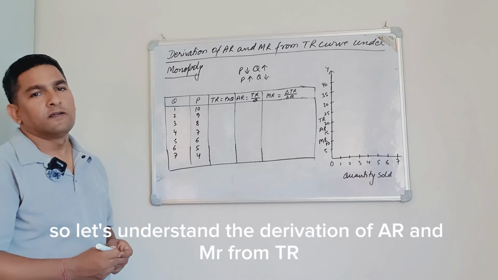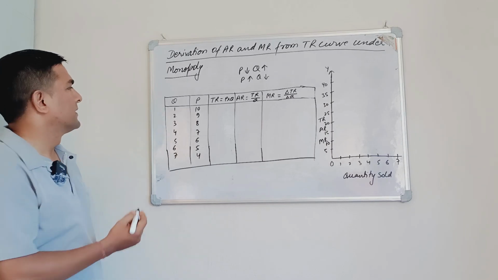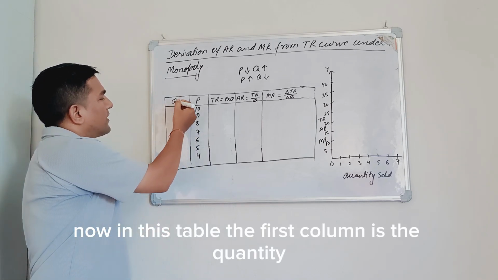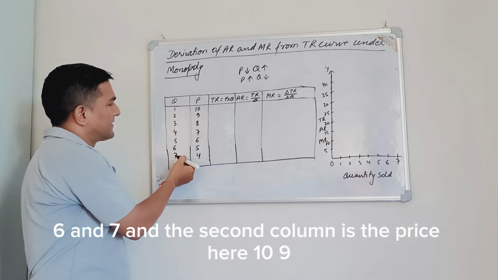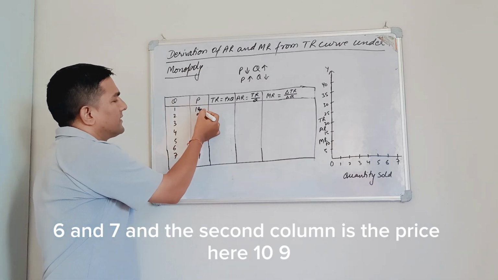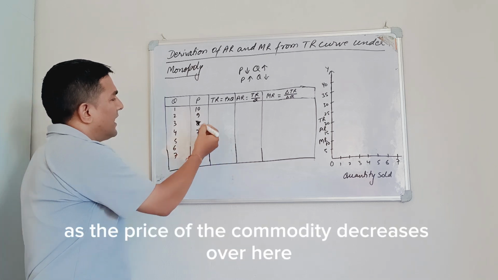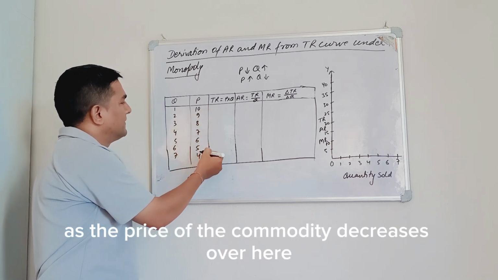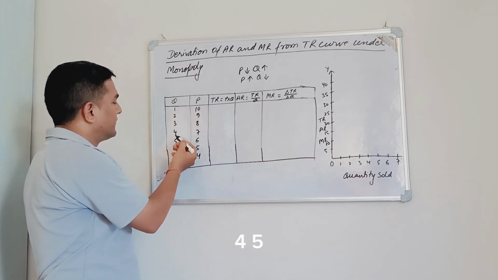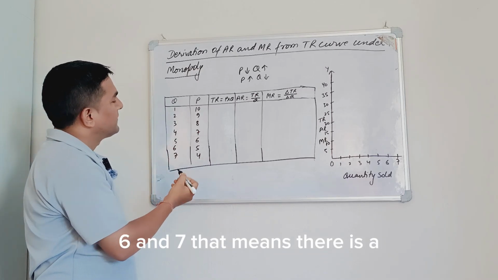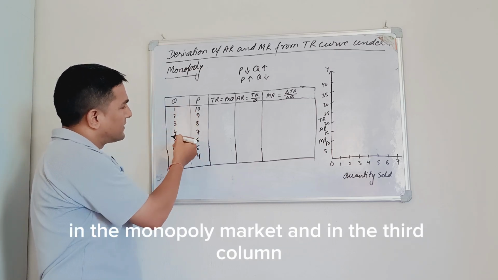So let's understand the derivation of AR and MR from TR from this table. In this table, the first column is the quantity. Here we have 1, 2, 3, 4, 5, 6 and 7, and the second column is the price. Here 10, 9, 8, 7, 6, 5, 4. As the price of the commodity decreases, the quantity sold increases, and it is 1, 2, 3, 4, 5, 6 and 7. That means there is a negative relationship between the price of the commodity and the quantity sold in the monopoly